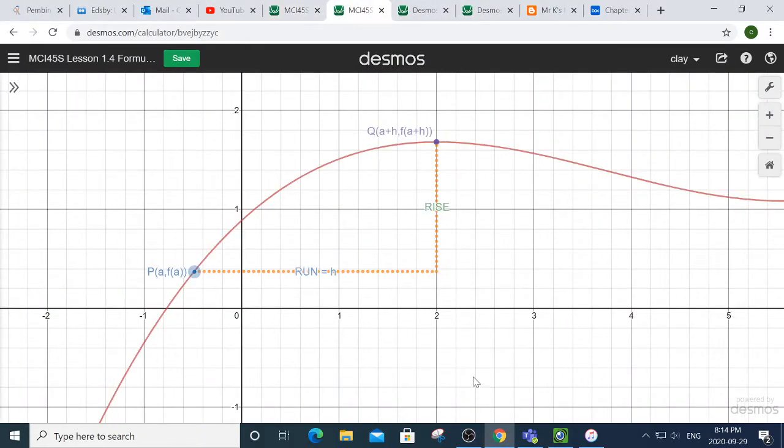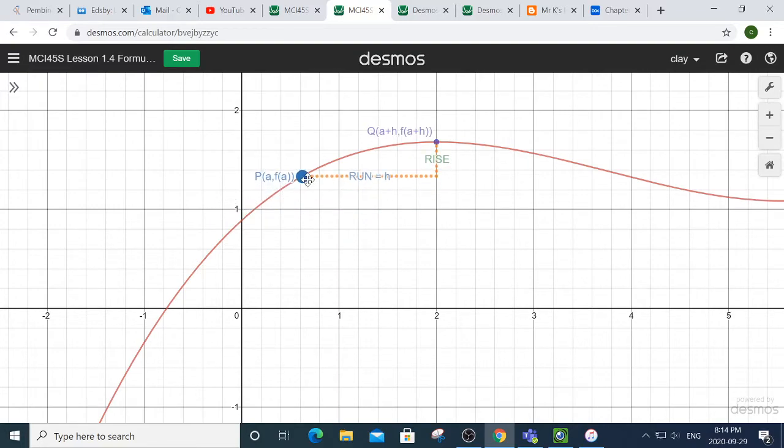So here we go again. This is point P, which has coordinates a and f of a, whatever they are. And this is point Q, which is this a plus this h distance. And notice, I want to get these 2 points closer and closer together. Look what happens. Rise over run